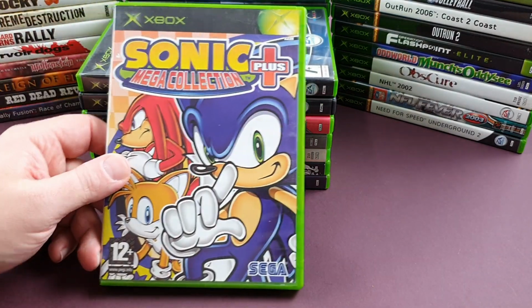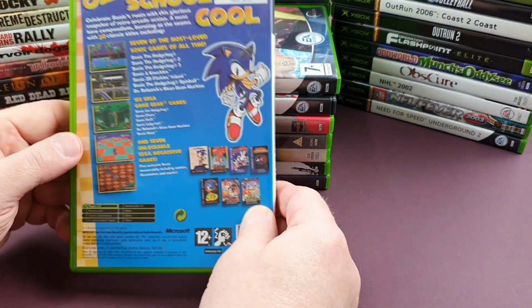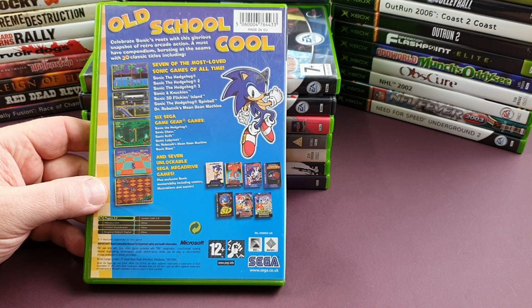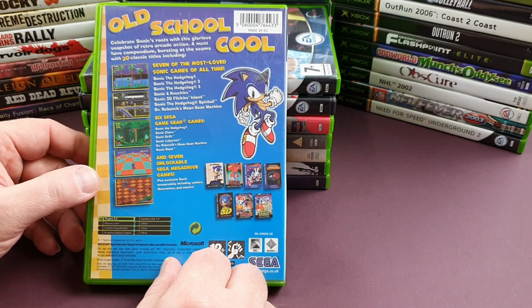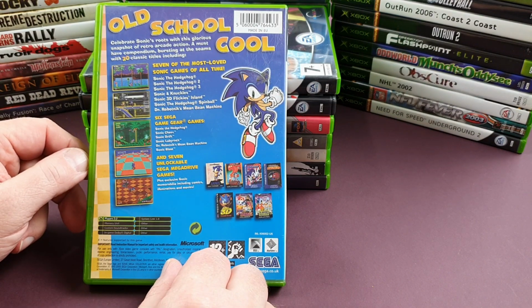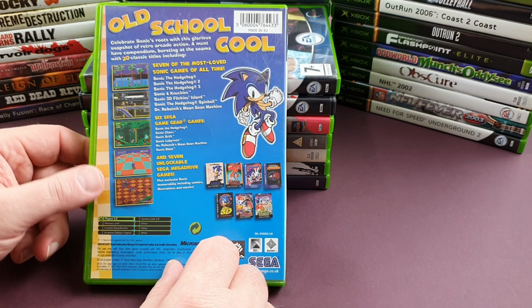This one's great. So this is the Sonic the Hedgehog Mega Collection. So this has got, on the back here, you'll see Sonic the Hedgehog 2 and 3, Sonic and Knuckles, Sonic 3D, Sonic Spinball, and Dr. Robotnik's Mean Bean Machine. Those are the ones that sort of came out on the Mega Drive. And then you've got 6 Game Gear games as well, which are also not so good perhaps, but they're on there for the sake of